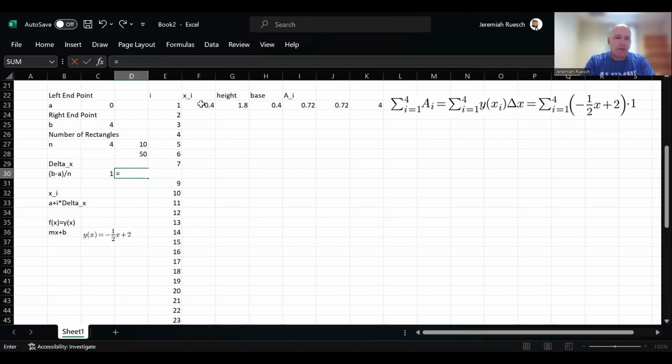Okay, so this is going to equal b minus a, divided by our n, which was there. I only moved the b and a down so that we can still keep it on the screen. Okay, so you can see this is a significantly smaller step size. Okay, so now that we have that,